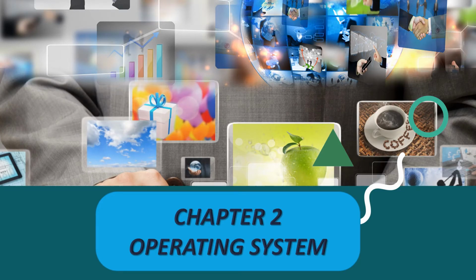In today's class, we're going to continue chapter 2, that is operating system. In the previous class, we have seen desktop icons, files, folders, taskbar, and the steps to change the position of the taskbar, right? So in today's class, we are going to see the options available on the start button and shutdown options, and one more process we'll see, about booting, okay?